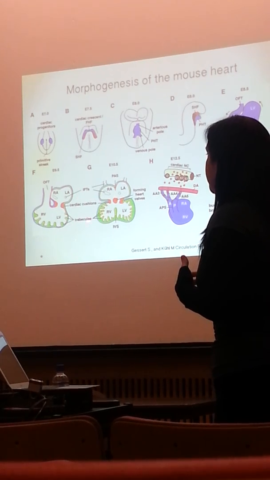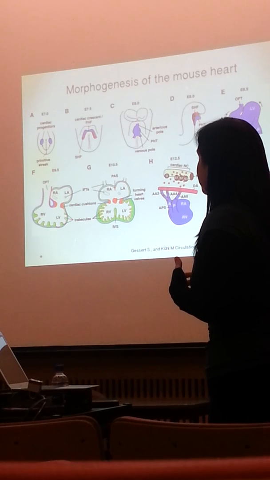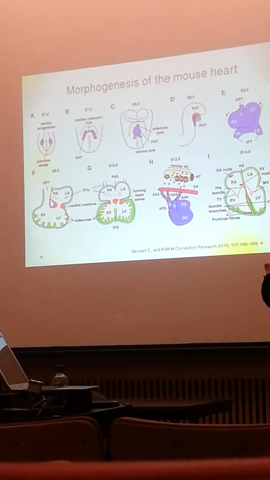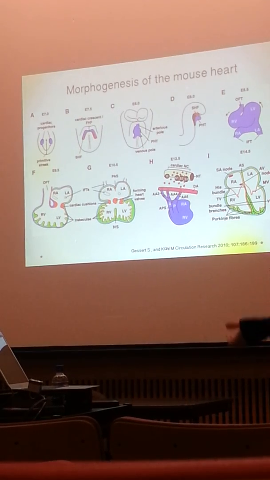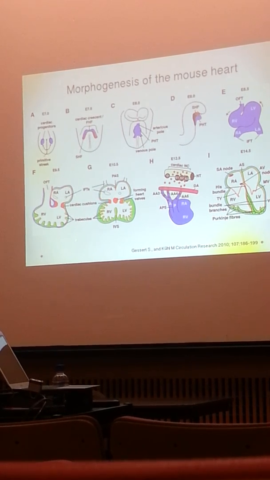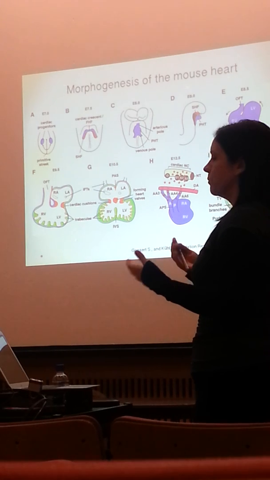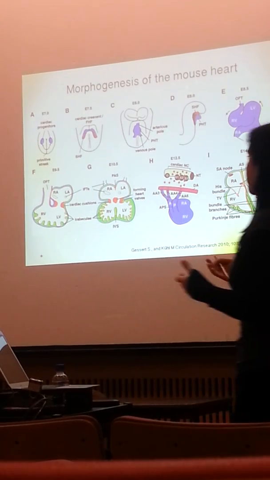Concomitant with this, the trabeculae start to grow. You see this wavy tissue here in green in the ventricle walls. The cardiac cushions as well. The cardiac cushion is this kind of spongy tissue here in orange. They are going to give rise to the heart valves, which we have 4 of: the pulmonary valve, the aortic valve, the mitral valve, and